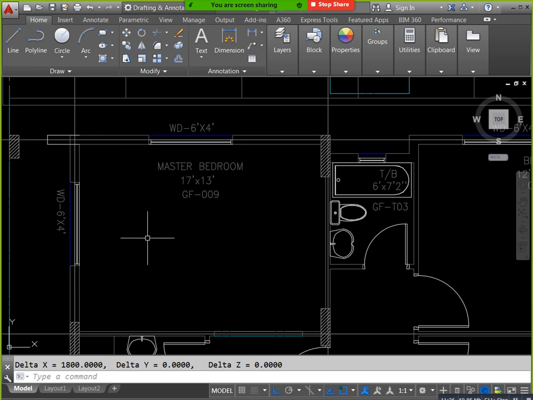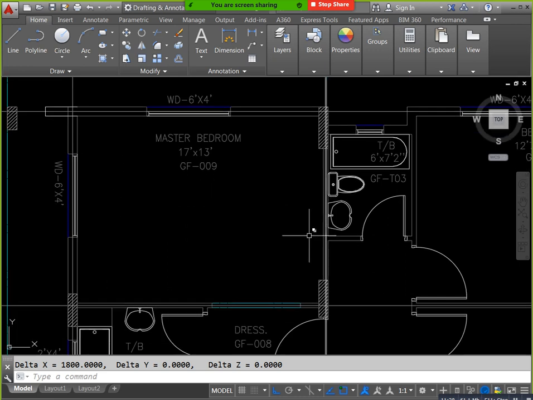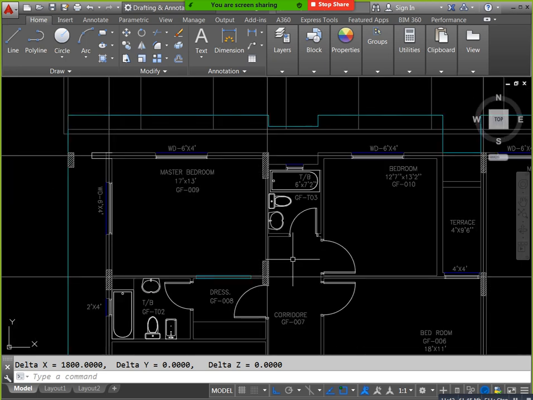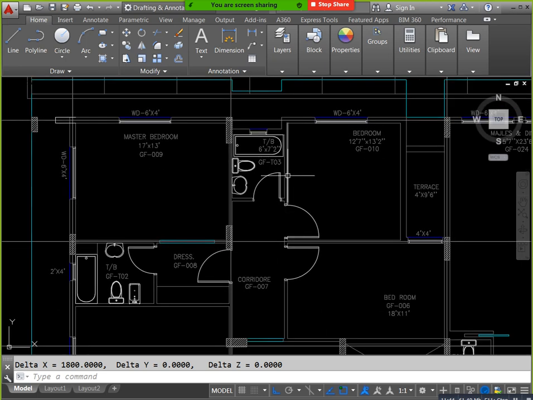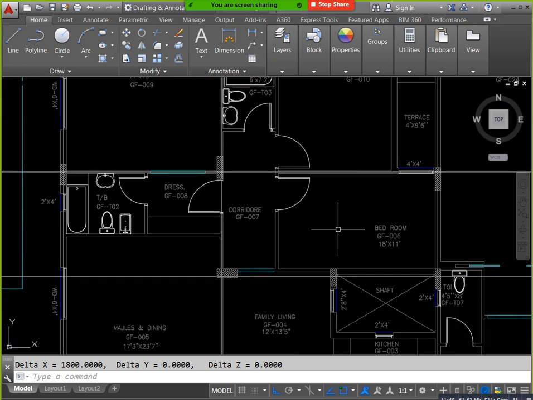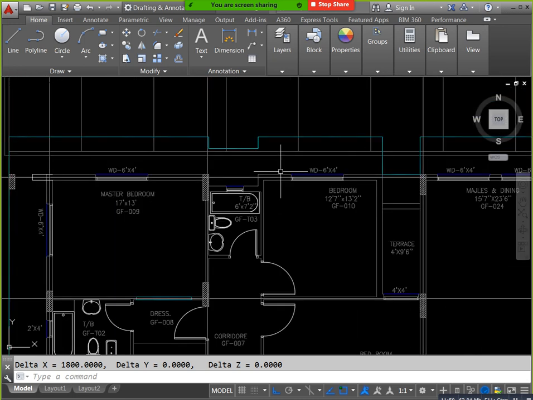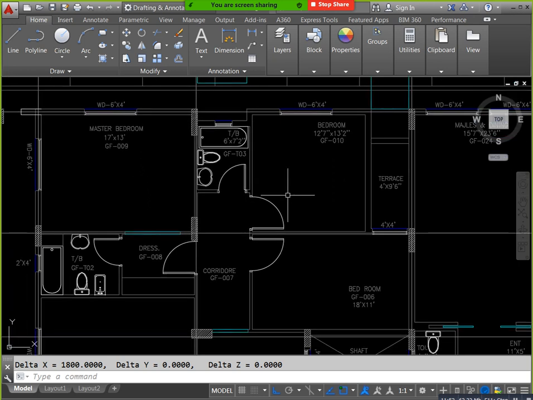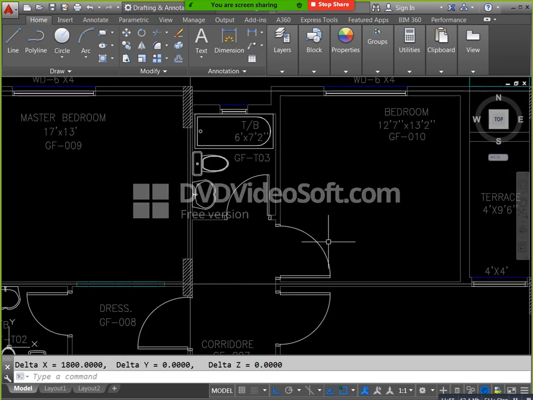Okay, these two are inner walls now. For example, this is also an inner wall, and this one we also consider as inner, this one also inner. But this is an outer wall again. And this one is, yeah, this is also exposed to the sun, which means we consider it as a wall.